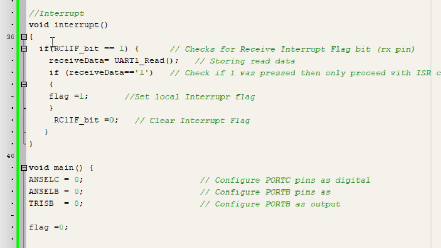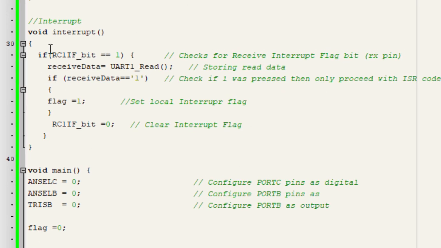As we have learned in the previous tutorial, this is how you can declare an interrupt with mikroC, void interrupt. When there is an interrupt on USART RX pin, this flag bit RC1IF is gonna be equals to 1. Then we're gonna read the data and store it in the receive data variable. We're gonna say receive data equals to UART1_Read.